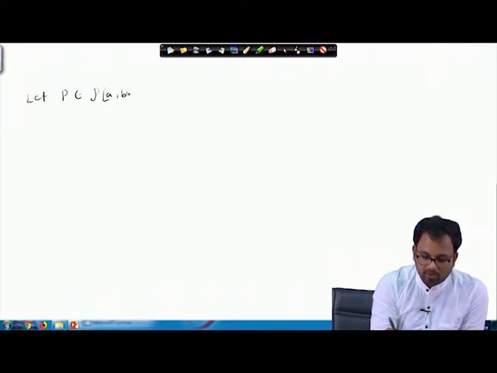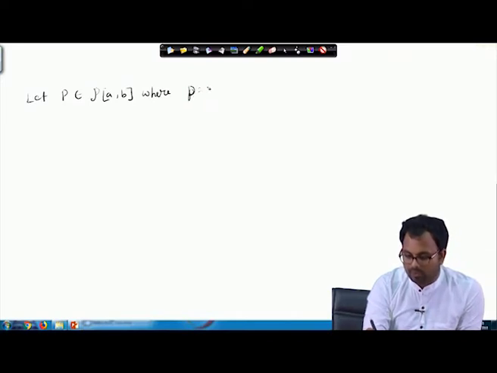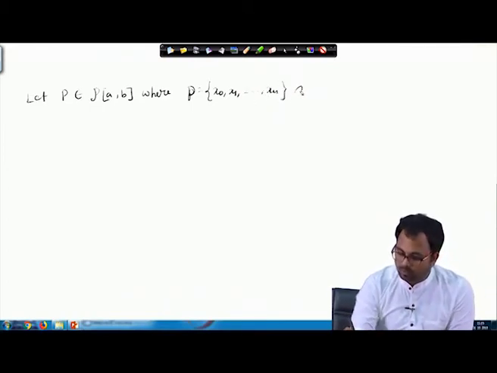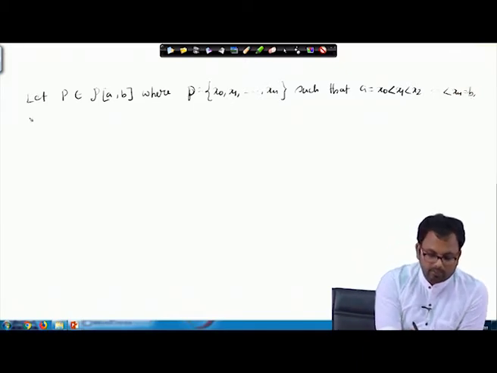Now, if we assume that P is one such partition of the closed interval A comma B, where our P consists of x0, x1, x2 up to xn, such that A is x0 less than x1 less than x2 up to xn, then